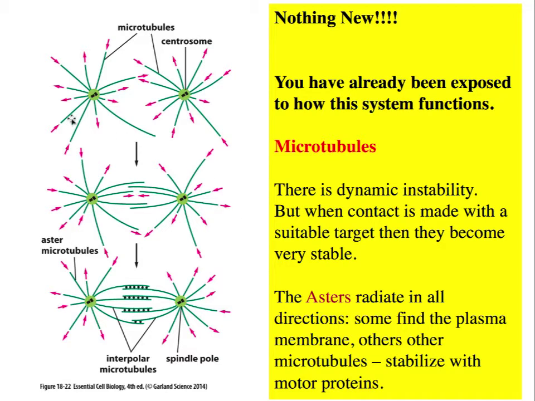An aster is a radiating structure that looks like a star. And in this case, each centrosome and its associated microtubules look like a star within the cytoplasm of the cell. Through dynamic instability, the microtubules begin to grow and collapse, as we saw in a previous chapter. They only become stabilized when they do two things. They either make contact with each other from the two opposite asters, or they make contact with the plasma membrane.